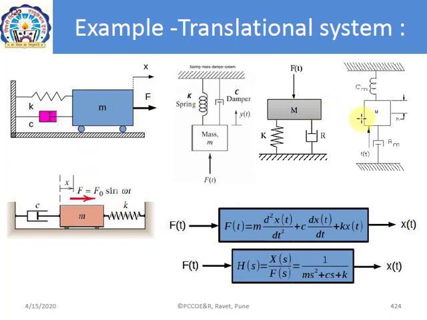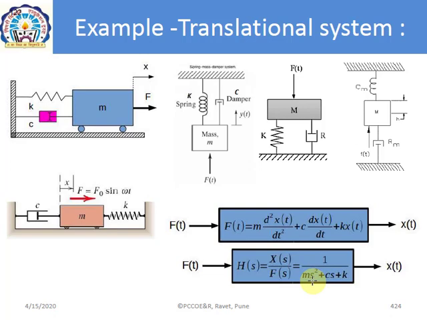Now for all these cases, even though construction-wise and orientation-wise they seem to be different, ideally when you are solving these systems for the governing equation or equation of motion, you will find the same governing equation for all these 5 systems. Now the transfer function, you can observe here, all these 5 systems have the same transfer function, that is X(s) upon F(s) is equal to 1 upon ms square plus cs plus k. Now let us try to apply this knowledge to solve the numerical.